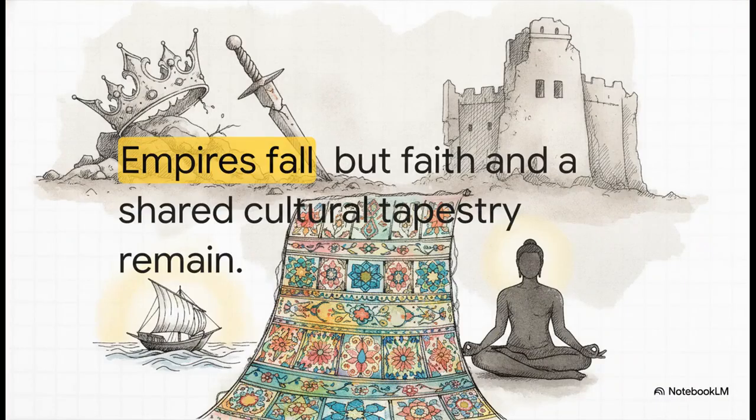So the crucial point is this. Looking back from the Stone Age all the way to 1947, we see that the subcontinent is a land of constant flux. Kings die, dynasties crumble, borders get violently redrawn. But what actually endures? The faith that arrived on humble trade ships, the character of the Sufis who preached love, and the incredibly rich, synthesized cultural tapestry woven together over thousands of years. Those things remain permanently etched into the very soil of the land.